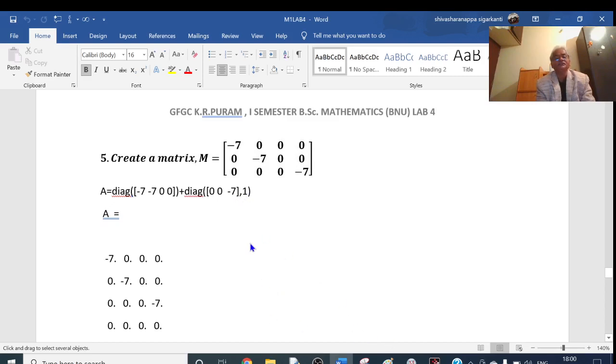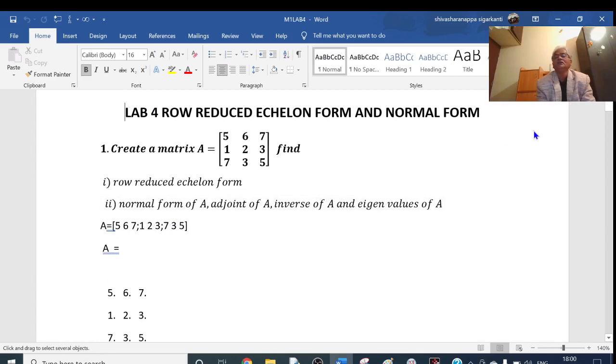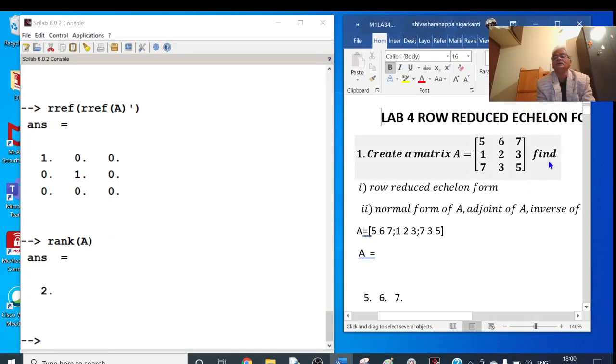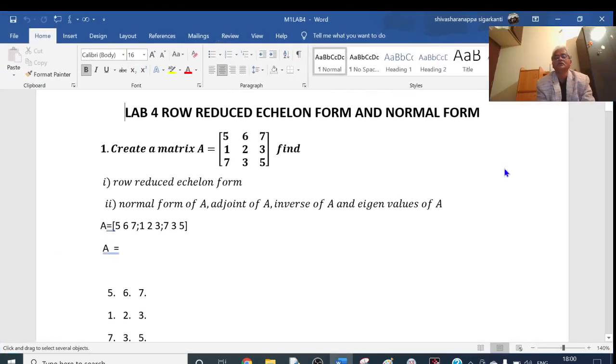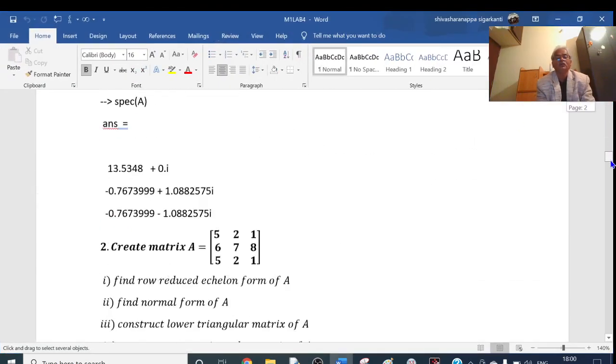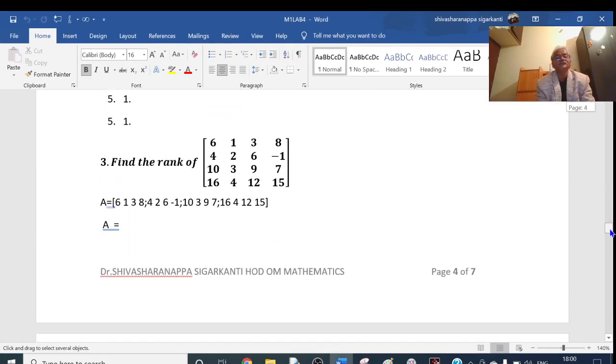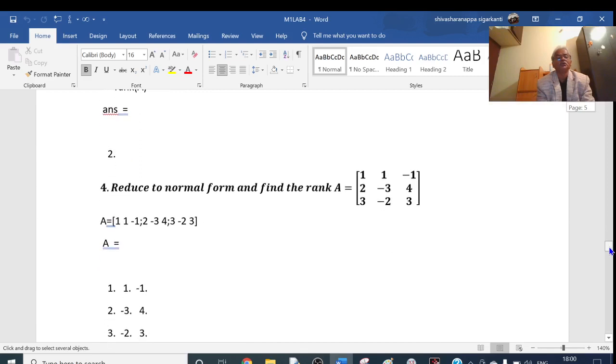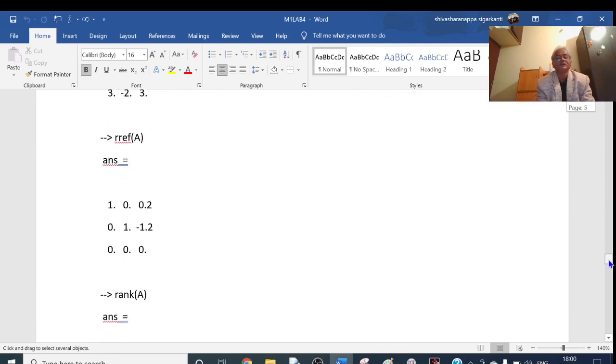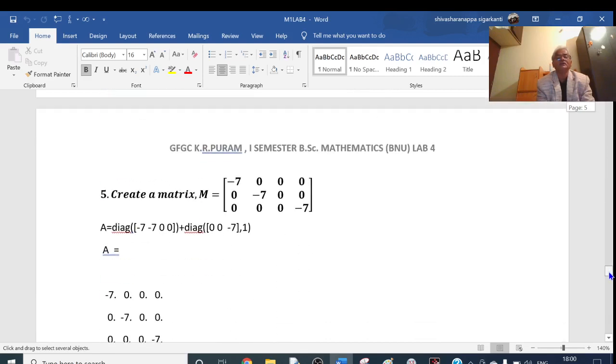What I do here is first I will create a 4 by 4 matrix and then I will access the first 3 rows. Okay, that is the method. Okay, this is the matrix.